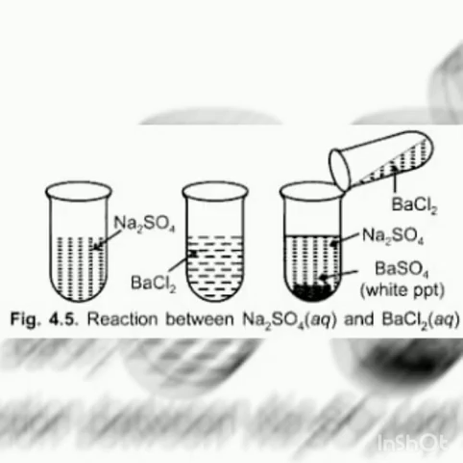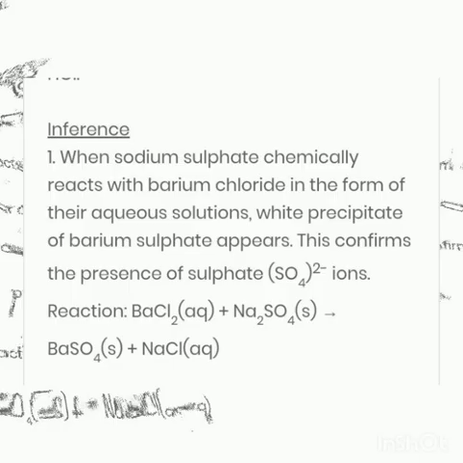Now leave the beaker undisturbed for some time. After some time, pour the solution in a beaker. Now BaSO4 is left as a precipitate in the conical flask, as you can see on your screen. Now add dilute hydrochloric acid, that is HCl, in it. We will observe that sulfate ions are displaced by chloride ions. Now let's understand this activity more clearly with the help of the given video.